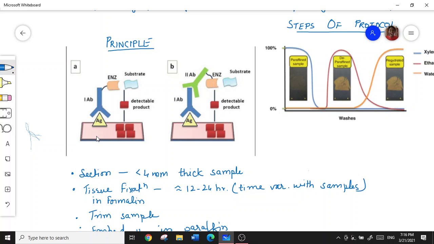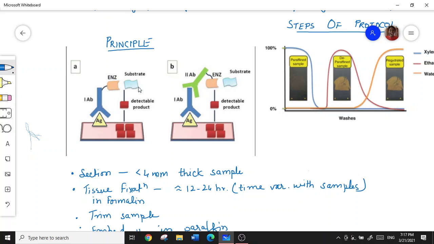After a certain period of incubation, this is washed to remove the excess material. If the antigen has the property to bind here, it remains on the slide, and the rest of the things present in the sample are washed away. Then monoclonal antibody is used, and that will combine with the antigen, but there will be an excess of monoclonal antibody in the form of enzyme conjugate, and after a certain period of incubation, that will be washed